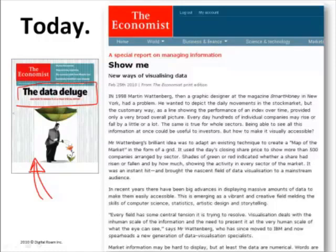And then they wrote an article, and I'm just going to read it to you. The article was entitled, Show Me New Ways of Visualizing Data. I think this article really piqued my interest because it is about data visualization. I started to read the article, and let me just read you this first paragraph right here. It goes as follows. In 1998, Martin Wattenberg, then a graphic designer at the magazine Smart Money in New York,